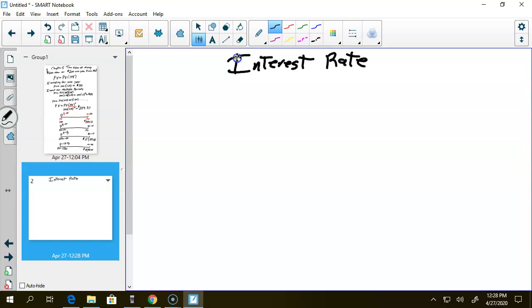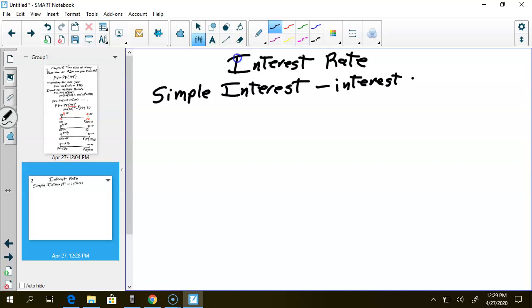We're going to talk about simple interest first, okay, and then we'll talk about compound interest. But the first thing is simple interest. This is where interest is not reinvested, okay, and this is very important. Interest is not reinvested. So what happens is you get your principal amount, you get interest on that. So if you put money in the bank at